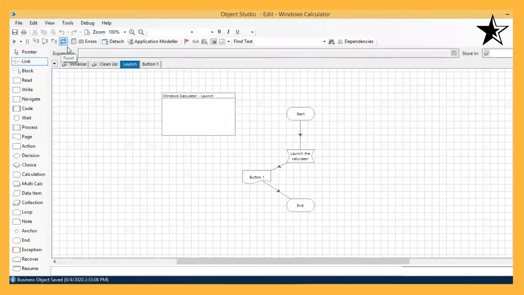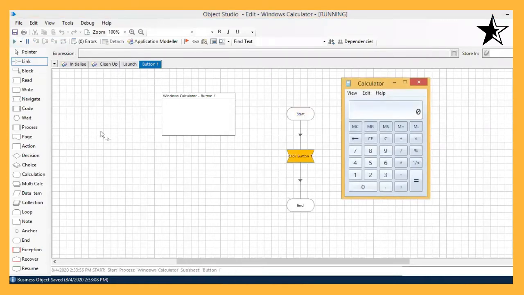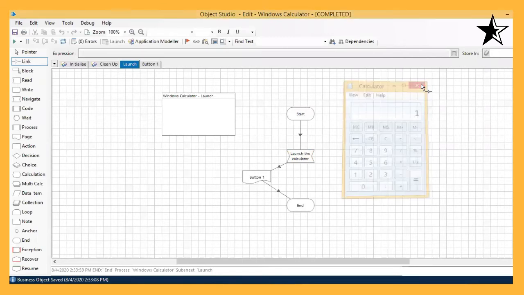Once again, I am running the process, just resetting it and closing the application. Okay, this application is closed and I am running. You can see the calculator is launched. In the very next stage, button one is pressed. This is how we have automated the calculator. We have made Blue Prism learn to use the calculator, how it can use the calculator with just a click of it. Okay. So now to use this in a process, similarly, we did in the earlier lecture also.